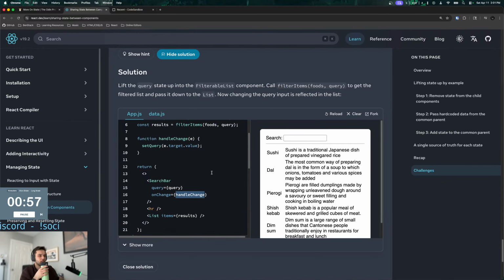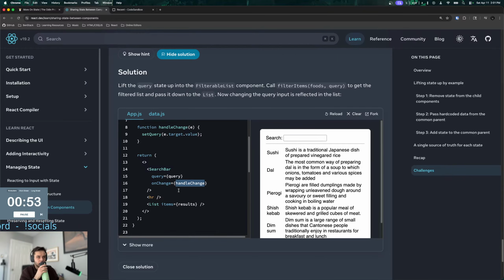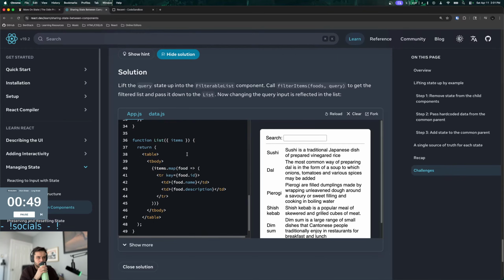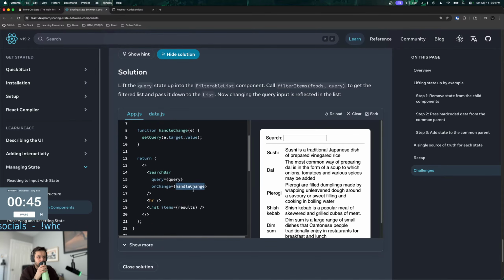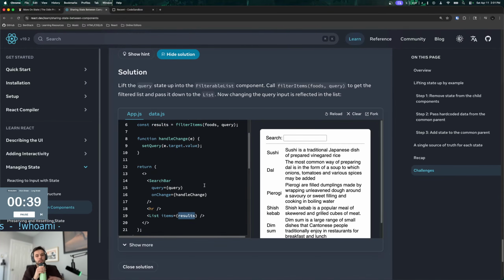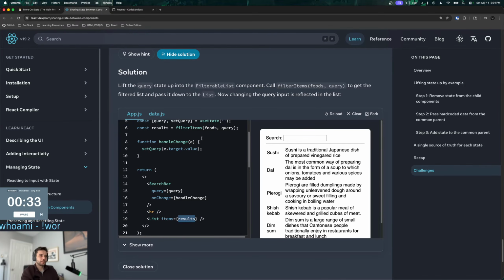I just passed in an anonymous function here. Very similar. And then they did the filter here, right? So basically it's just a refactor of what I already did. So, cool.